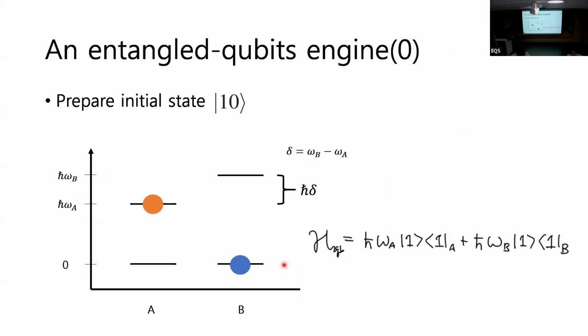Let me explain how the engine works. There are two qubits A and B, with respective transition frequencies omega A and omega B, whose evolution is ruled by the Hamiltonian written here. It's written by my hand using GoodNotes. This is simply a two-level system with different energy levels. Before starting the engine, the daemon should prepare the 1-0 state. 1 is excited, 0 is ground state. I believe those familiar with quantum information theory will understand this setup just by looking.